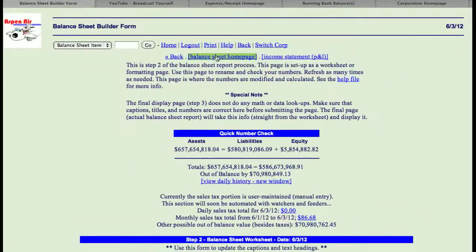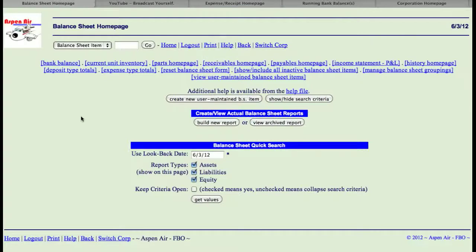you would actually get a nice balance sheet view for that, and you would be able to send that off to your CPA. So once again, this concludes the tutorial on balance sheet homepage and the balance sheet, and